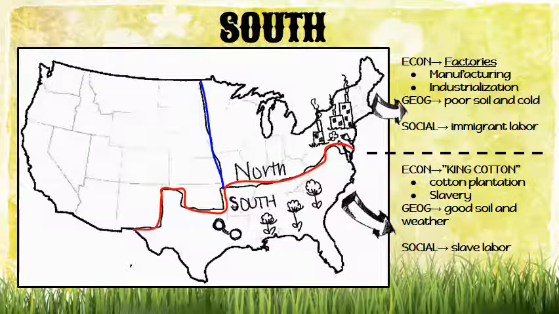As you can imagine, they didn't want to outlaw slavery because it was necessary for them to be able to be successful with their plantations. If you remove the slaves, guess who can't pluck cotton? The plantations are going to crash. Now, why did plantations find themselves in the south? That's because there was such good soil. The weather was really good for longer growing seasons. And the social aspect here is slave labor.